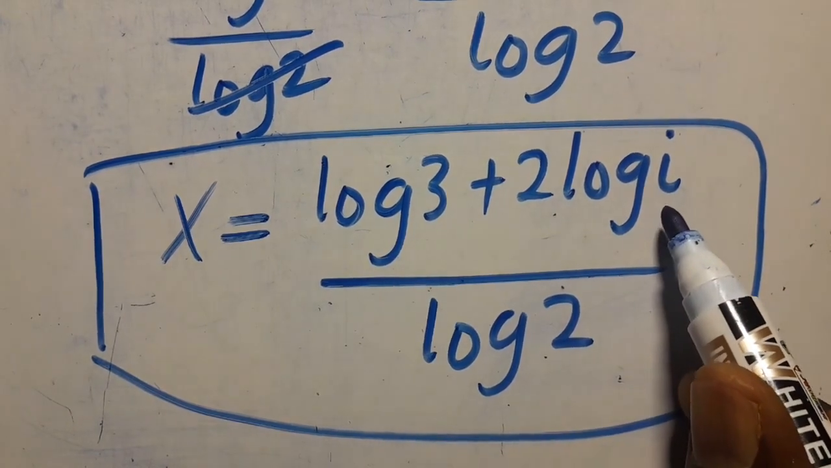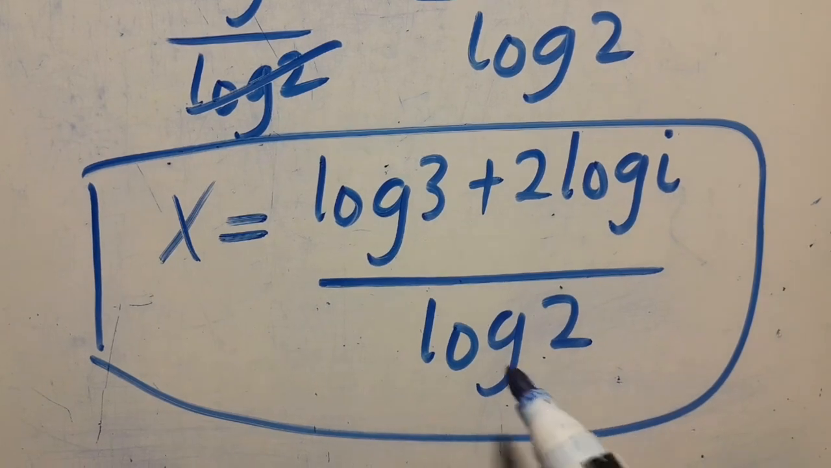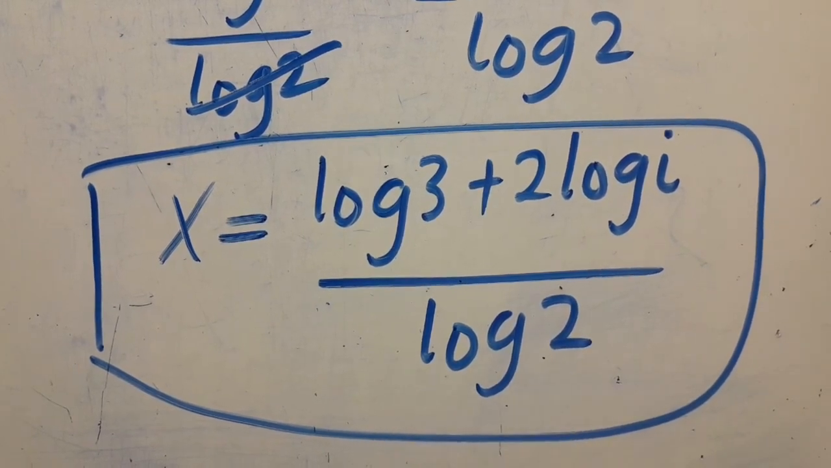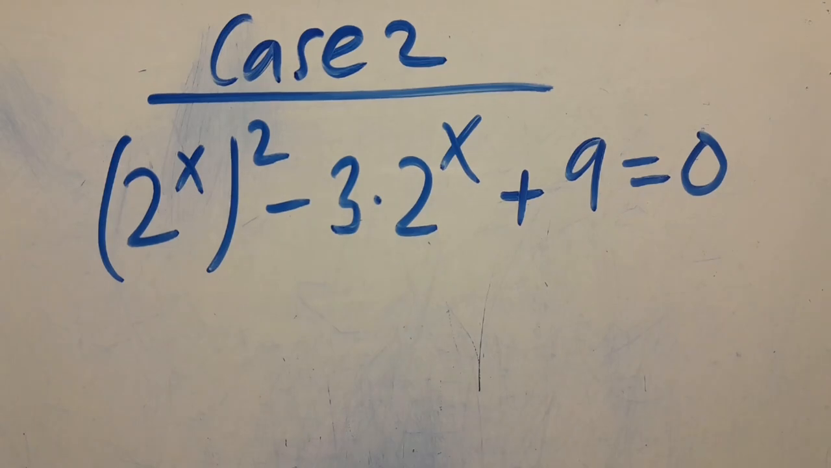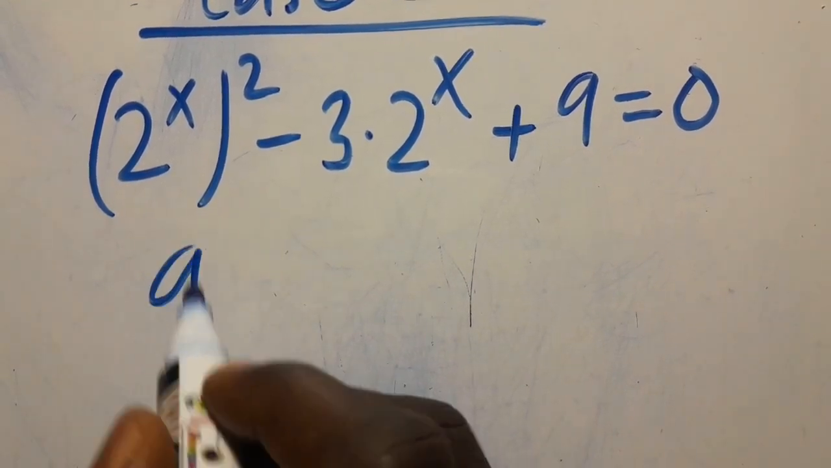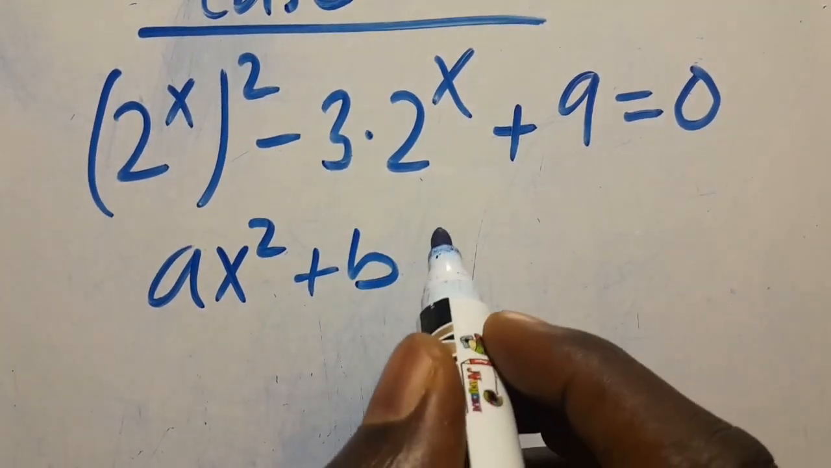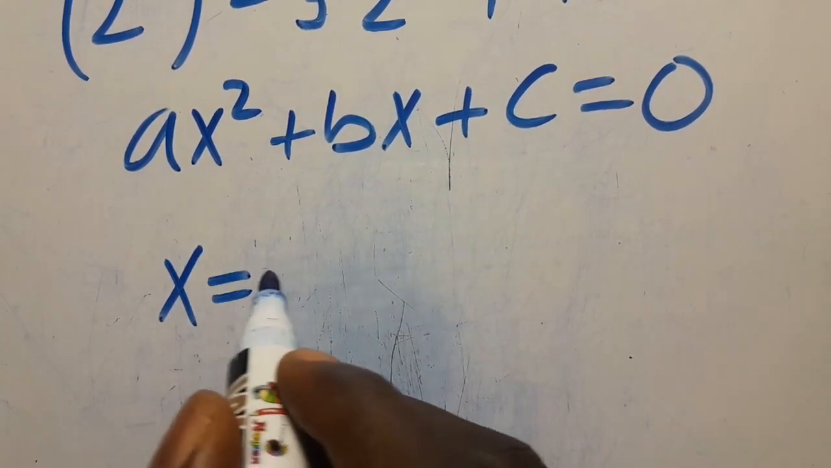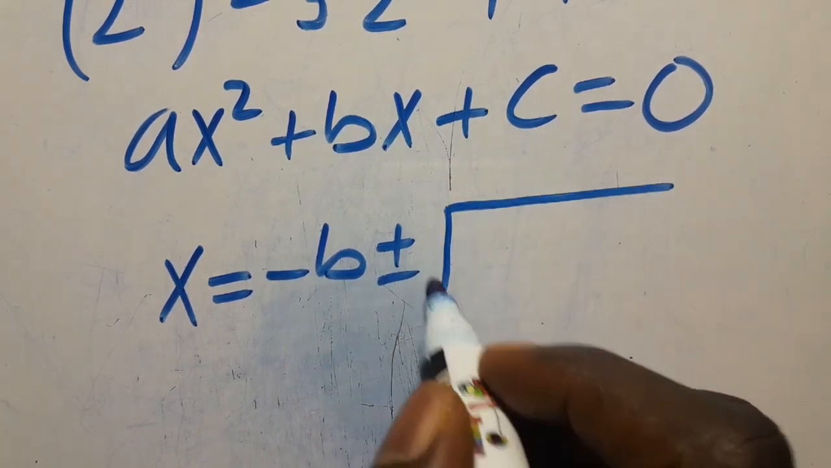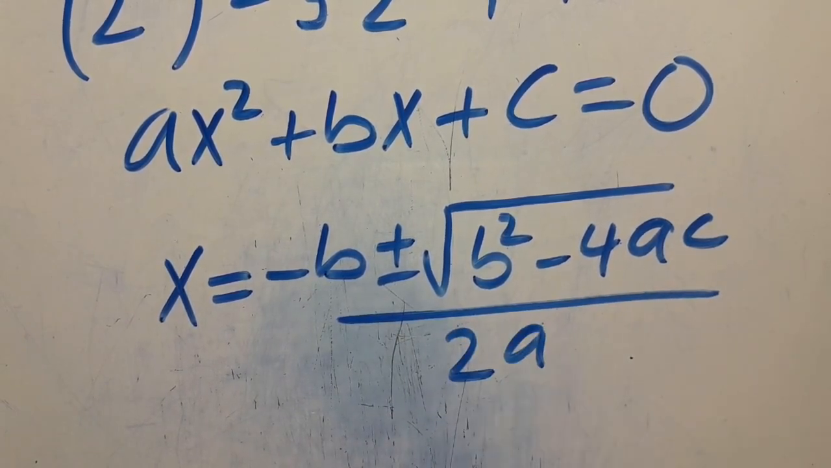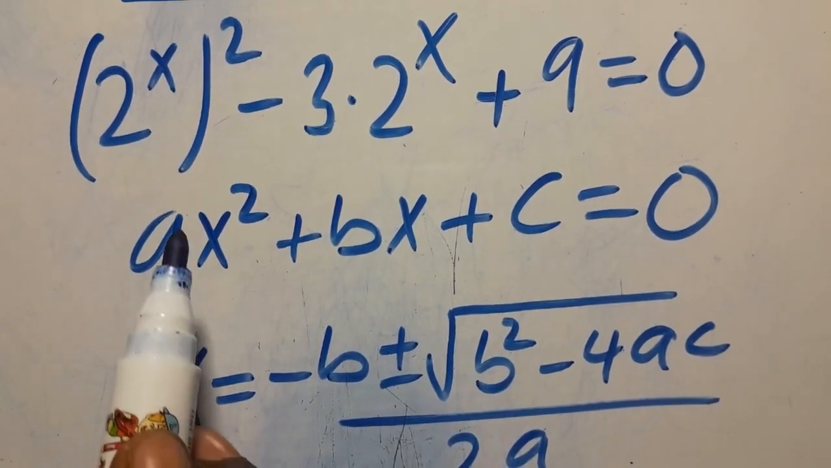Why is it complex? Because of this i. Though if you substitute this value of x into the given problem, you may not get the exact solution. But this is a complex solution. Let's check case 2. From here, we can solve this one using the quadratic formula. If you have ax squared plus bx plus c equal to 0, then x equals minus b, positive or negative, root of b squared minus 4ac, divided by 2a. So when you apply it here, we're going to have